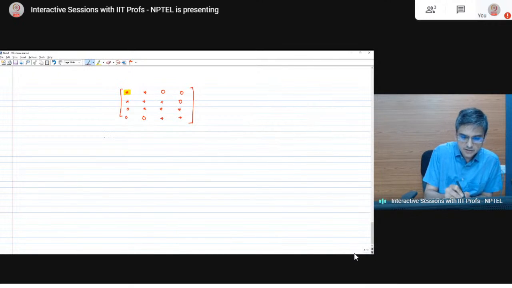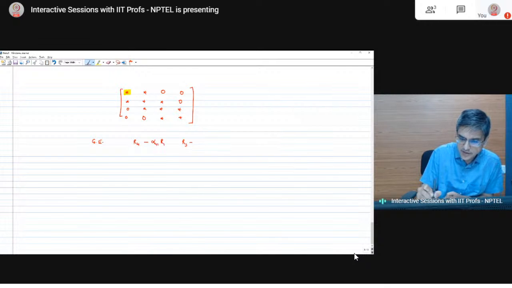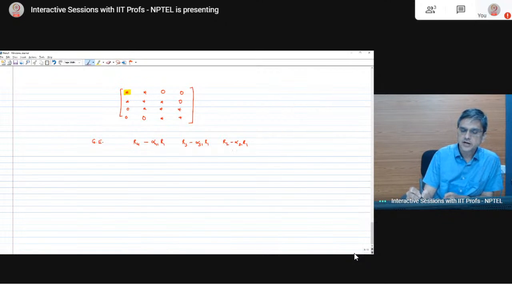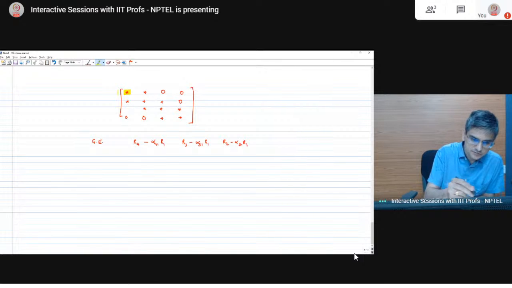In Gauss elimination, what did we do? We did R4 minus alpha 41 R1. We did R3 minus alpha 31 R1. R2 minus alpha 21 R1. Right? But because of the tridiagonal structure,